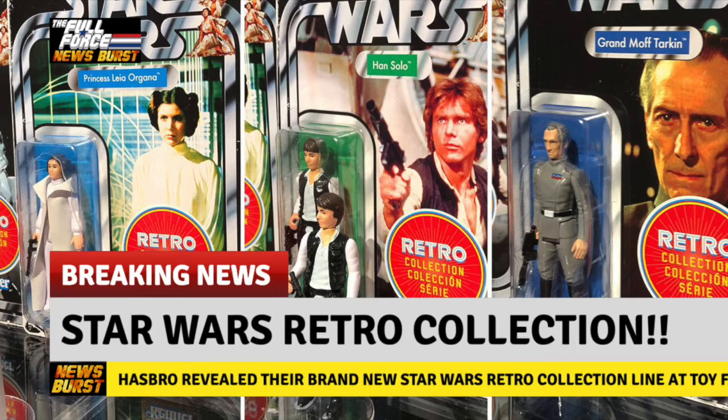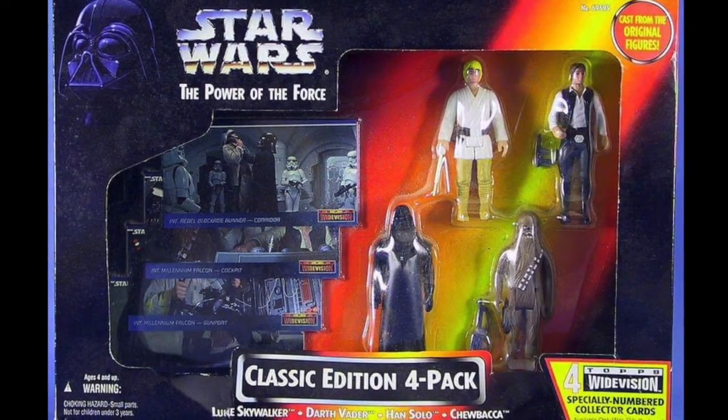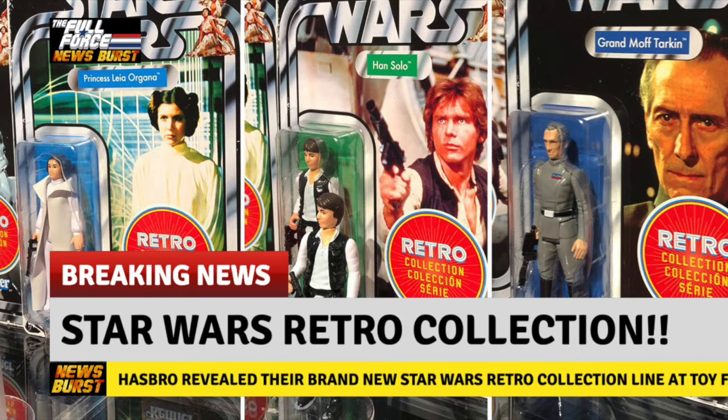And not only that, but these same 4 out of the 6 figures were actually released in, I think, 1997 in a Toys R Us exclusive 4-pack. Yeah. So I don't really understand who these are for. Yeah. Now, I do understand the Stormtrooper as if you wanted to army build and have ones that are minty